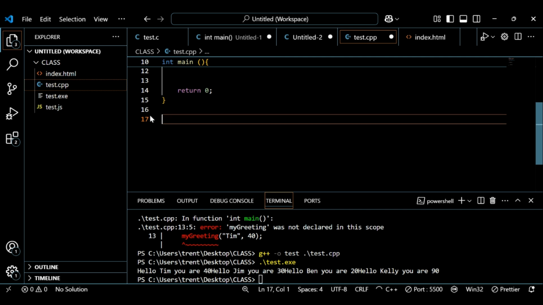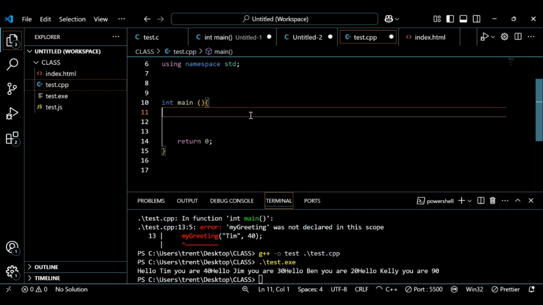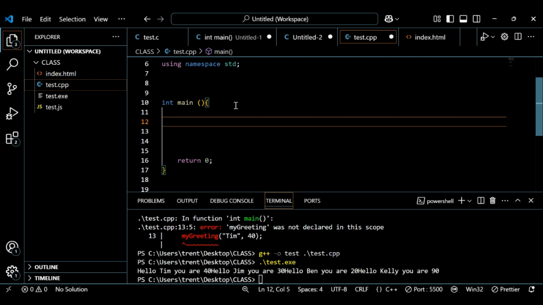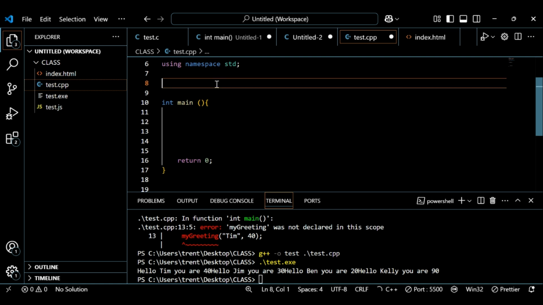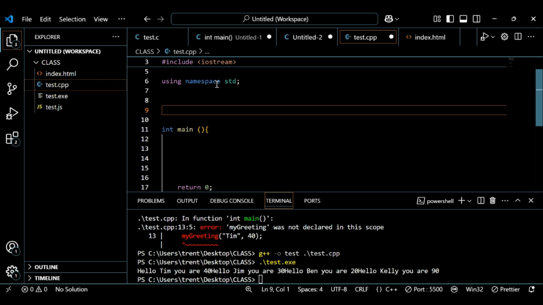So we can write a function like we just did. Now we can pass in information like we talked about. Now it can also give us back information. So now I'm going to show you how we can use that return keyword. So what if we create a function up here? So if we